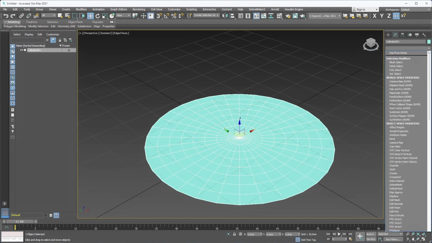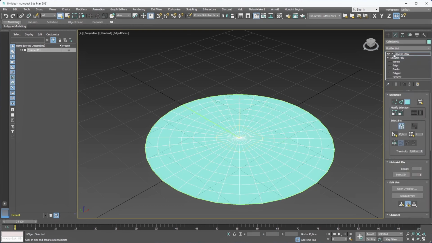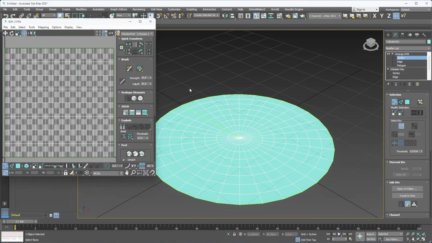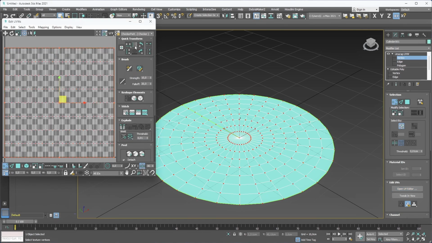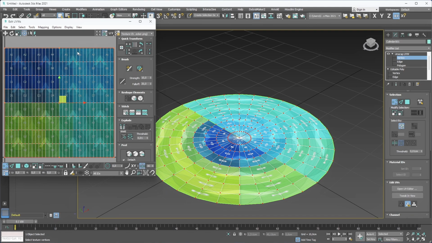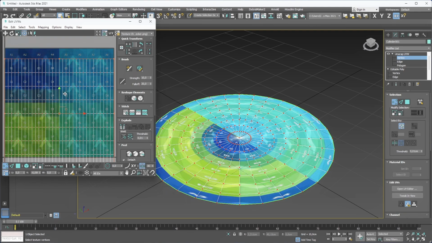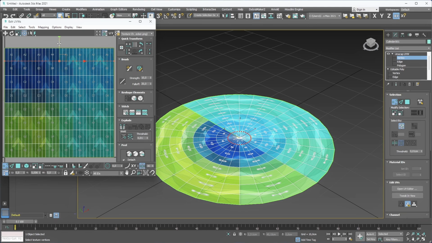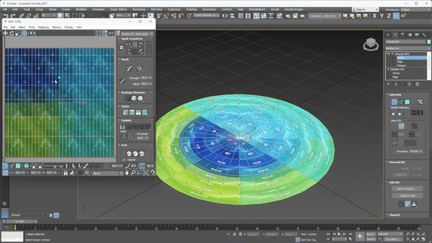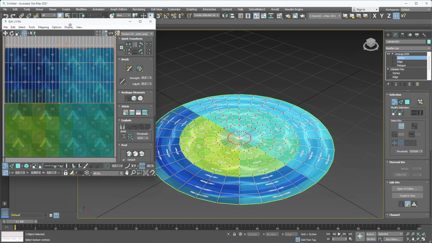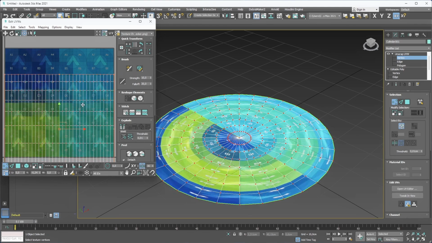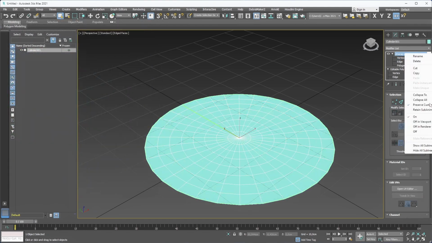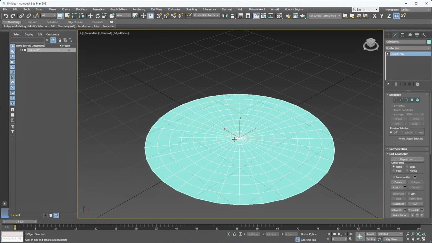Then, in the modifier list, select Unwrap UV. Open the UV editor and you will see how your texture will react when it scrolls on the mesh UV. You can leave the UV of your mesh like that, but in my case, I like to quickly replace them by hand to improve the scrolling movement. As you can see, with this technique, the texture scrolls faster on the center than the borders. Now you can export your disk mesh to your project.